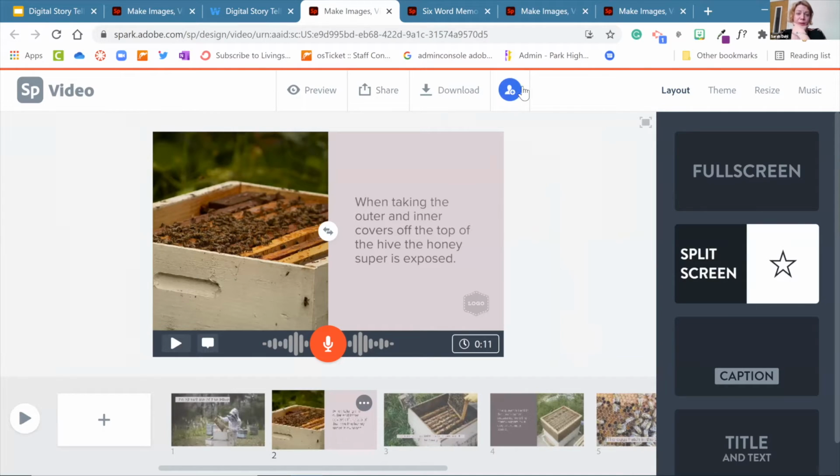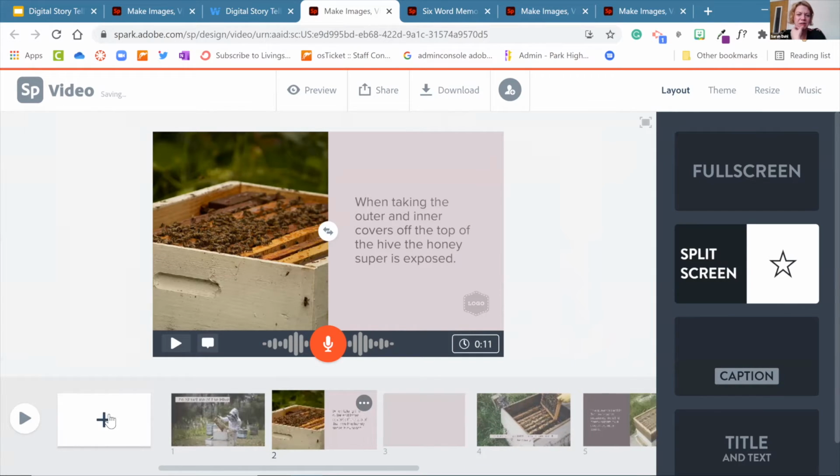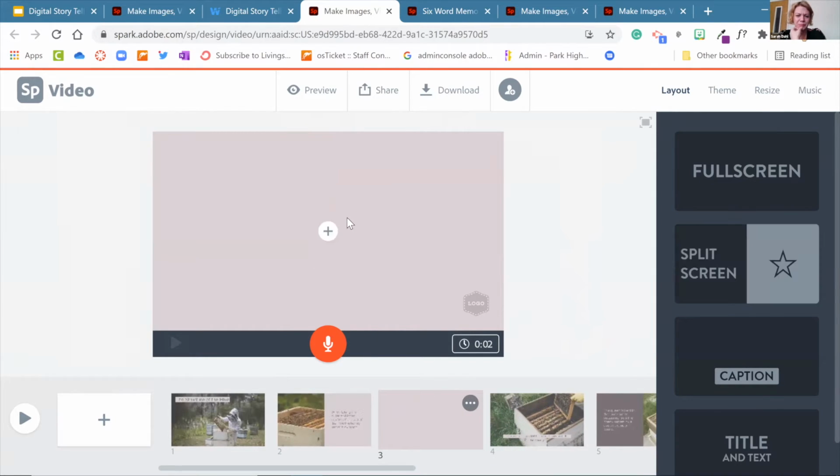You can add a collaborator at the top here. And then of course you can download it, share it, all of those types of things. Now, this is the one that I've worked with the least, to be perfectly honest. So when you're adding your images and things like that, that's mostly what I've done. I've not necessarily added a video to it. But here we go. So I've mostly added text or added photos, but there is a way that you can